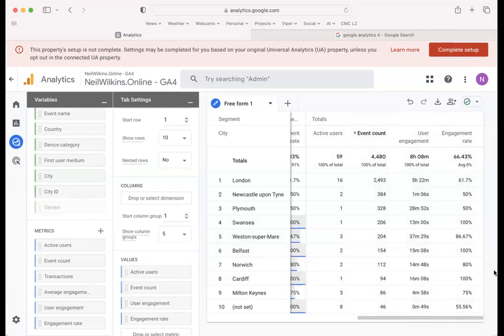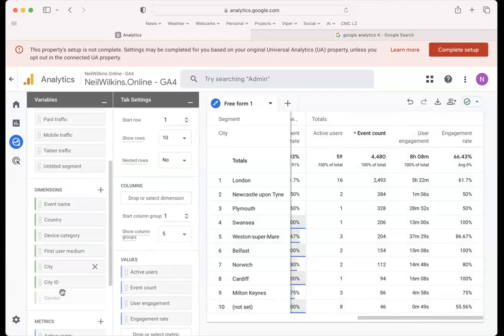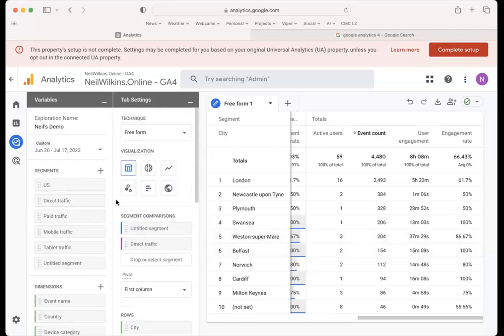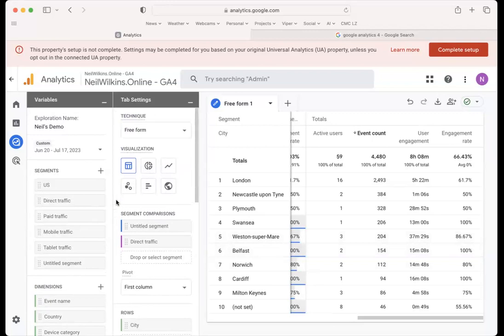So it allows you to then really get a sense by literally using the metrics in here and bringing them across, dragging and dropping based on your dimensions. In other words, the physical boundary that you want to work with and the segment that you're looking to analyze here. It allows you then to have a really interesting little play with the data and see what kind of